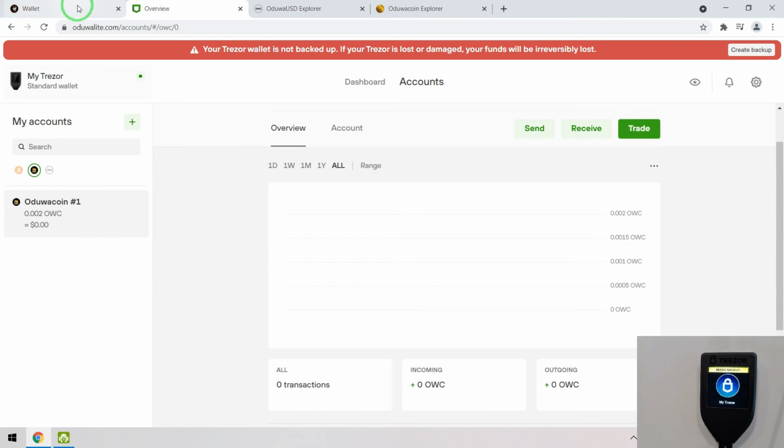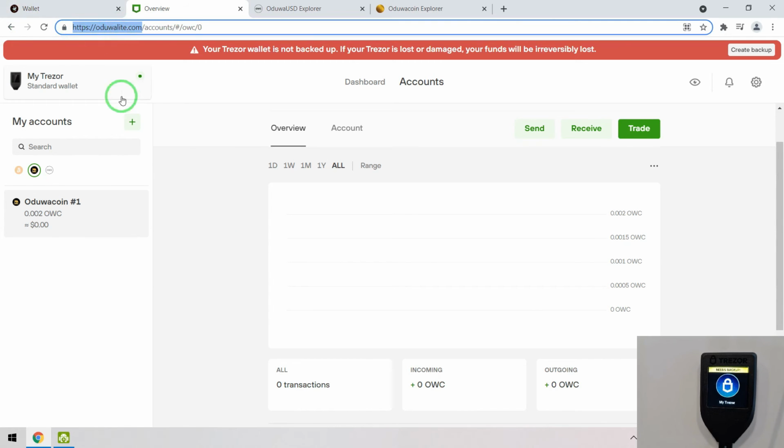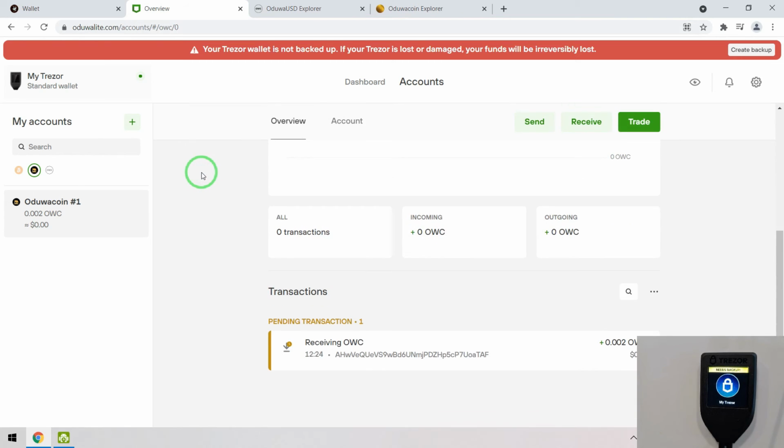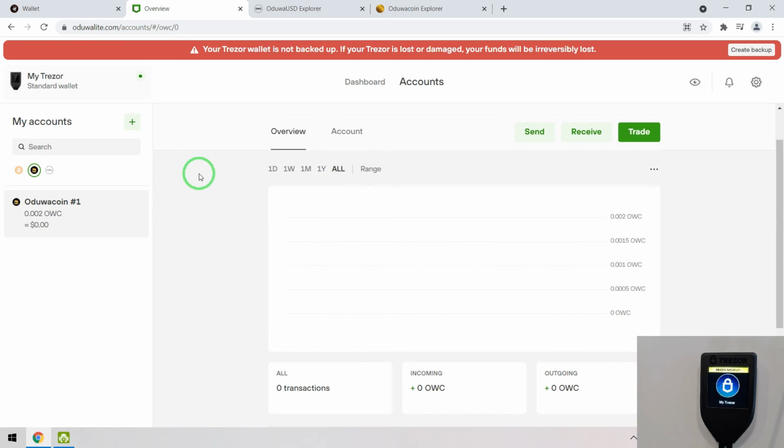So this website will not take your private key of any coin's address or a seed, because the firmware is designed in such a way that you cannot access its private key or seeds. When we send the transaction, the firmware will sign the transaction. It will not provide the private key to any third party or any library. So it is very safe.